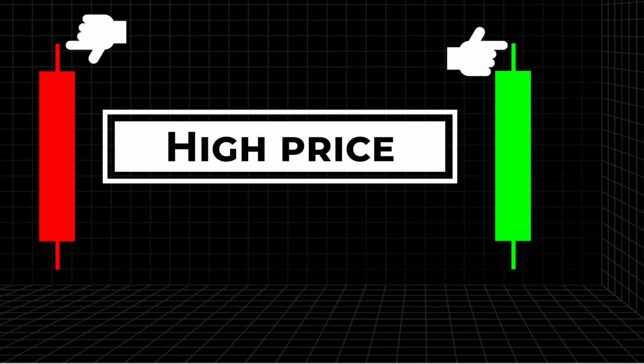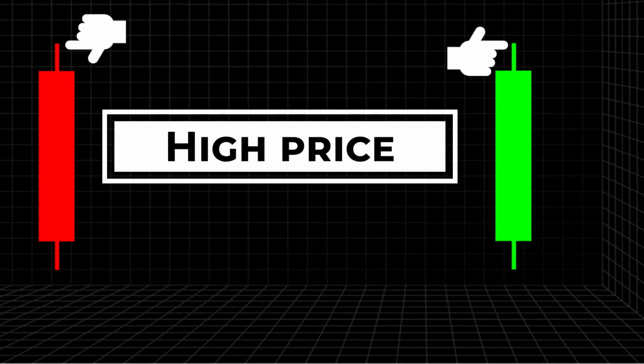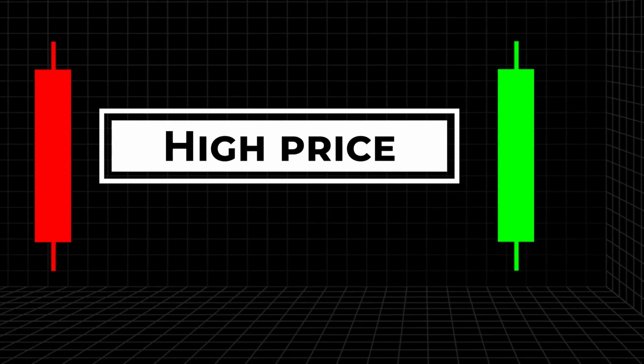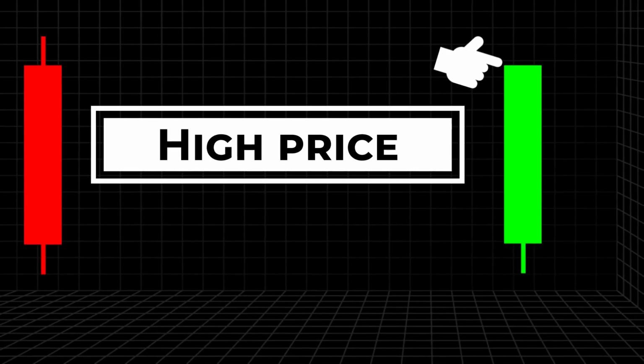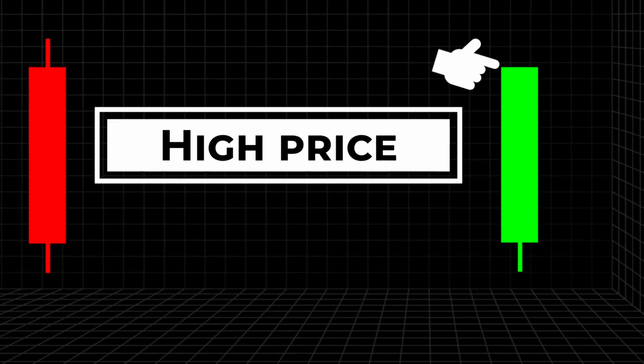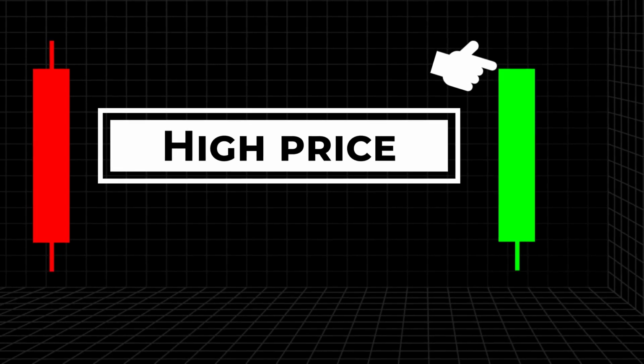High price. This is the highest price the asset traded at during the session. It reflects the maximum strength of the buyers, also known as the bulls. It's the furthest point they were able to push the price up before the sellers or bears stepped in and pushed it back down. The high is often seen as a resistance zone, where sellers show strong defense. There's one exception. When the asset closes at the high, it suggests there wasn't any meaningful resistance from the sellers. The bulls didn't get stopped. They just ran out of time.